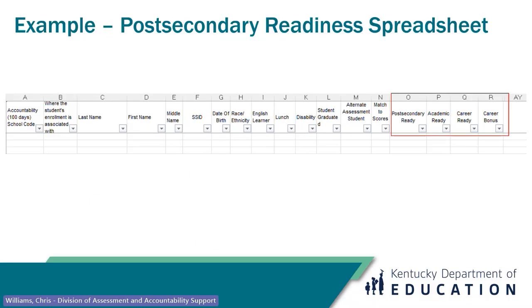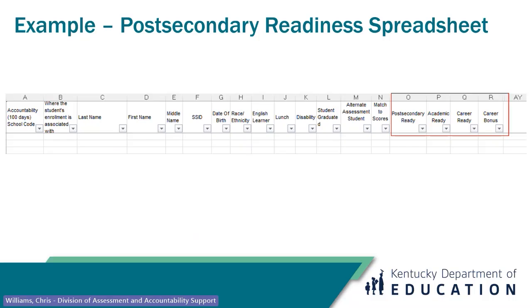Post-secondary readiness. This shows you an example that will also be available for our district assessment coordinators to download off the secure web application for post-secondary readiness. It will have columns for demographic information for the student and whether the student met the benchmarks, for both academic or career ready.